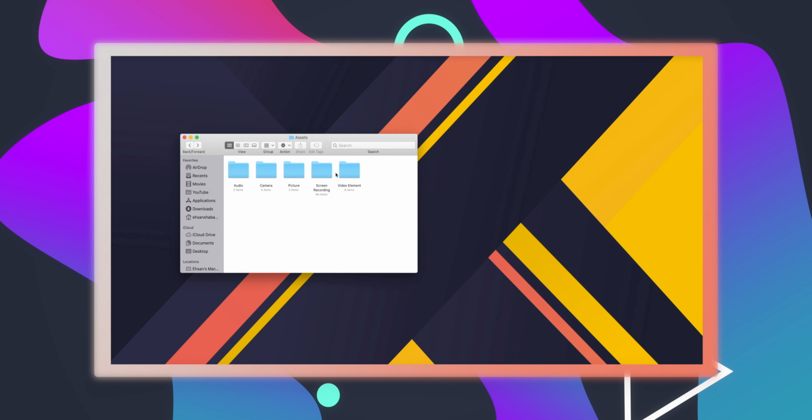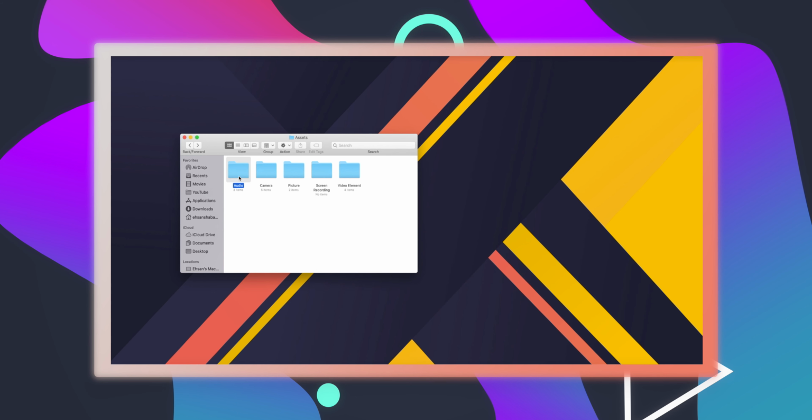Now, so that was video element, then we went over screen recording, next was picture, and then it's camera. Now the cameras that I use, I have 5 cameras that I may use during my recording. I have my Sony A9, which is my primary camera that I'm recording right now. I have my GoPro, DJI Osmo Pocket, Mavic Mini, and my Canon G7X. Depending on what camera and what project I use, I just copy the files here, and whenever I want I can use them.